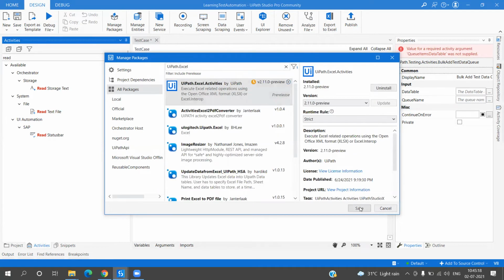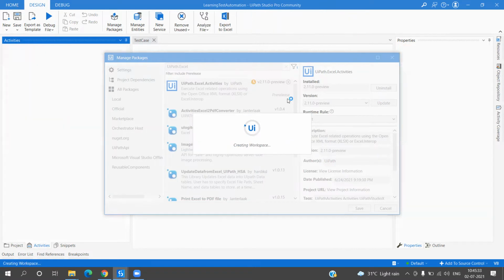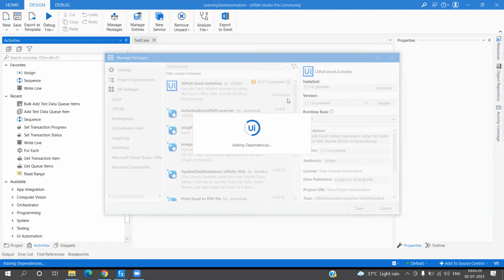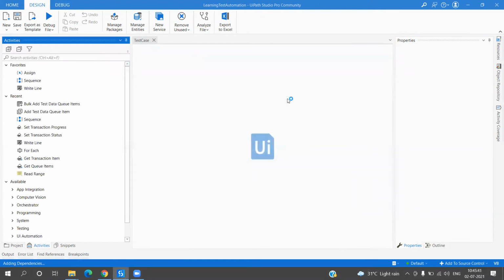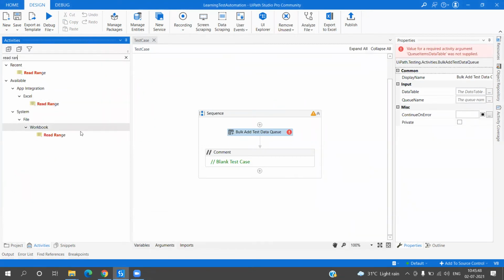Let's install it. This is because I have used the test automation template, and in that by default activities are system and testing activities. So that is the reason that was not available. Now when I go over here and search read range, now it is available.